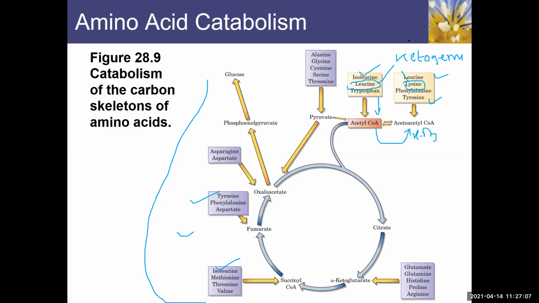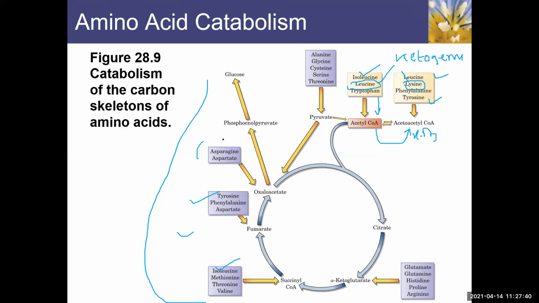which amino acids are glucogenic, which amino acids are both, and what do ketogenic give us? What do glucogenic give us? So we said that ketogenic will give us what? It will give us fatty acids and the ketone bodies, which we can also use as a source of energy or store them, right? Some of them are glucogenic, which are degraded to form various intermediates of the TCA cycle,